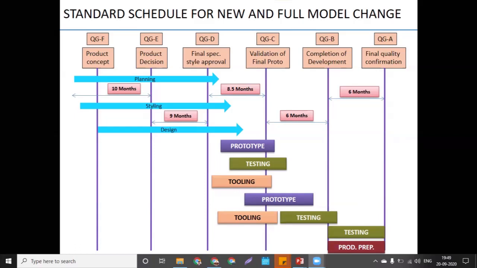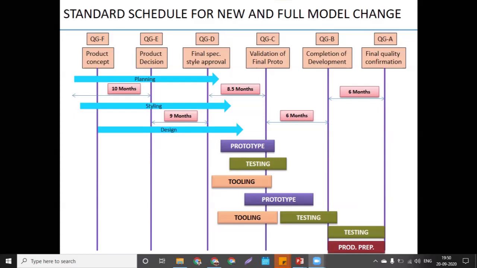The concept is finalized and the section study is shared with the styling team. Because if there is any issue in the feasibility, from an assembly point of view or manufacturing point of view, any issue, we can discuss with the styling team. So they will check whether it is acceptable or not. There will be a meeting with the styling team and your team. After discussion, it will come out who is going to change, or whether it is going to change or not.